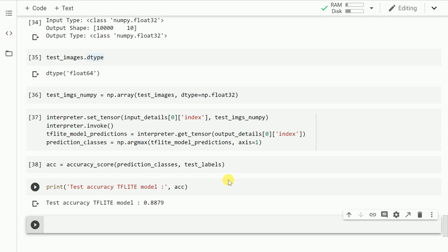So this way you can create models wherein there is very little effect in terms of the accuracy and you can compress the size of the overall model as well. From 1.2 MB we came down to 400 KBs. If we want to compress the model even further, then there are some quantization techniques which I'll mention in the third part of the TensorFlow Lite series.